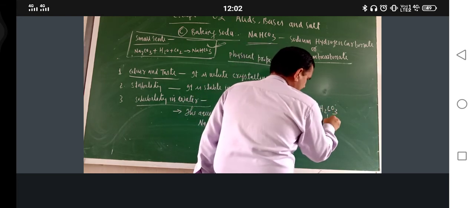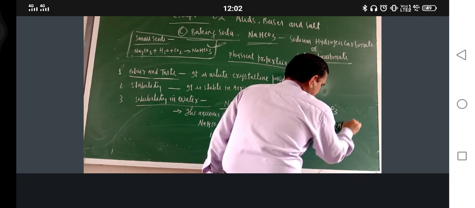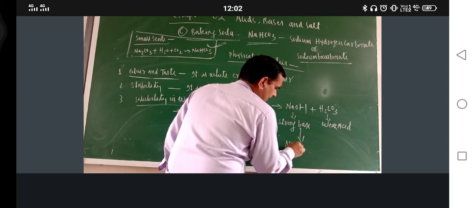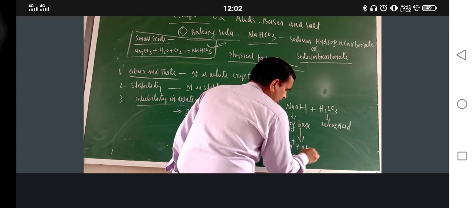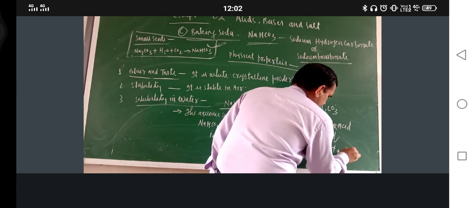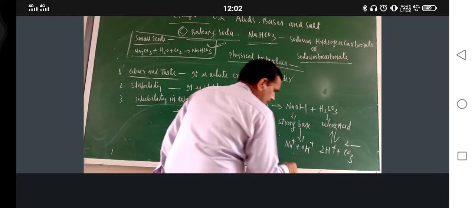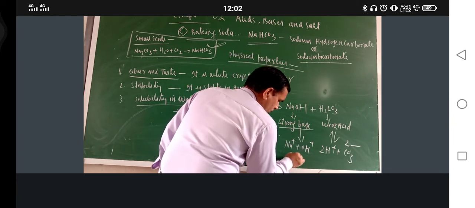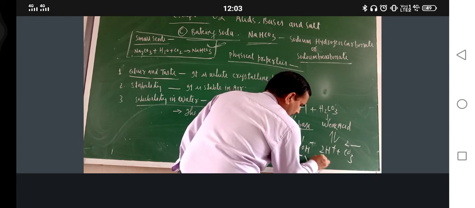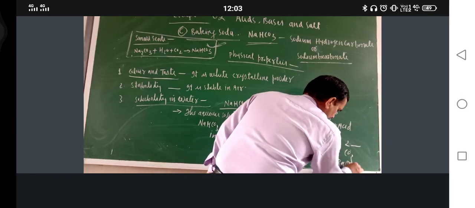And now here what is there? This is a weak acid. So why is it a strong base? Because it will be completely dissociated into Na positive and OH negative. But the weak acid will dissociate only up to a certain limit. So now this is the strong base, so the OH negative ion will be more than the H positive ion. So the resulting solution is basic or alkaline in nature.